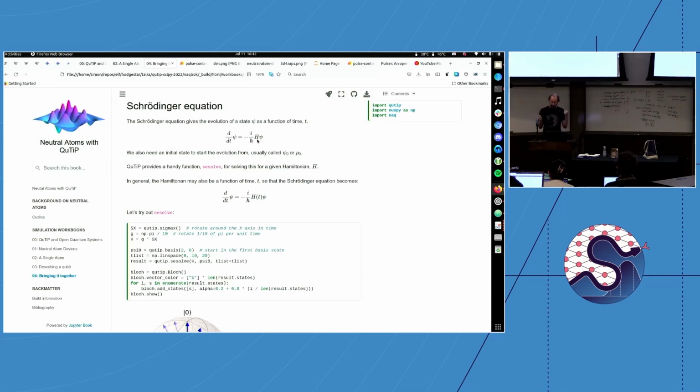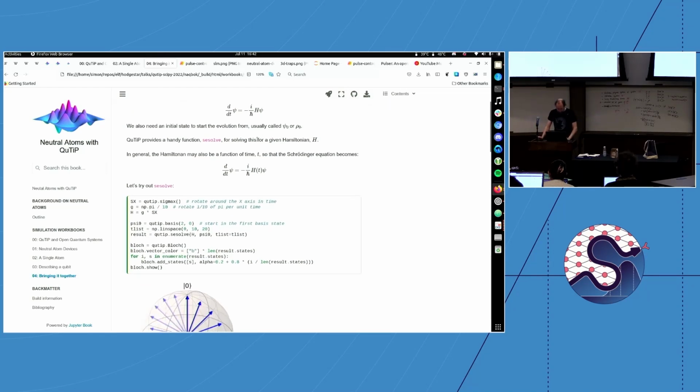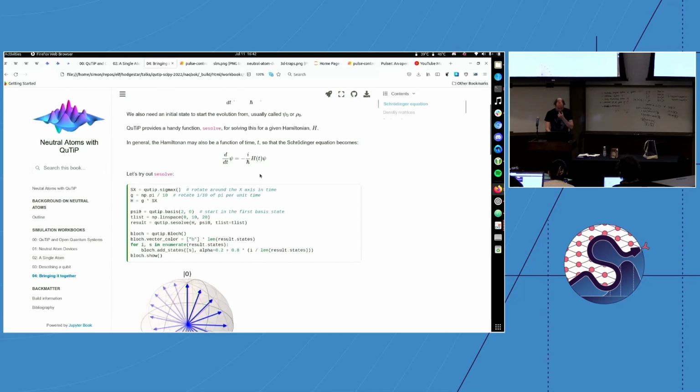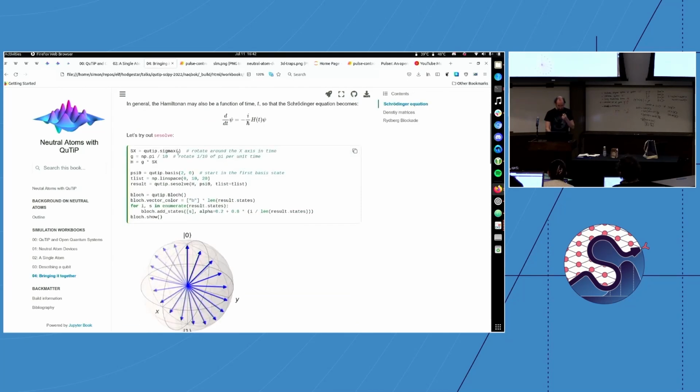Maybe we should just go ahead and see how to solve this in QuTiP. I may want to mention just one thing. In QuTiP, you can also supply a time-dependent Hamiltonian, and we'll see how to do that in a second. Cool. So first of all, we have to define a Hamiltonian, and the matrix which performs